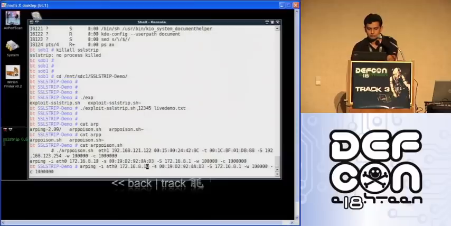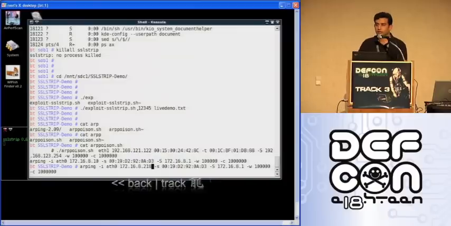The IP address of the Wi-Fi user whom I'm going to victimize is 172.16.8.218. So I have used his IP address. And this is the MAC address of my machine. And this is the IP address of the gateway on behalf of which I'm sending this spoofed ARP request packet.